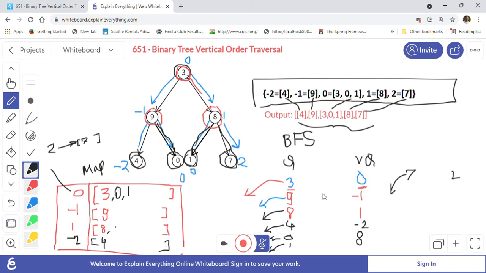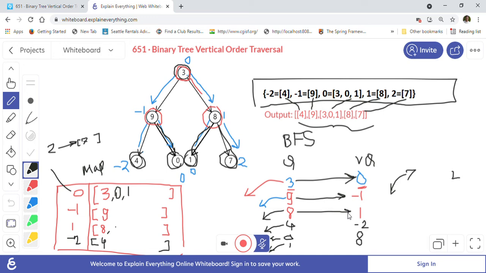We will need 2 queues and 1 map. In 1 queue we will hold the tree node values, like the 3 value we will add into this queue, and we will add the vertical ordering position 0 into the other queue, correspondingly. So 3 has a corresponding entry, 9 has a corresponding entry in the vertical queue, 8 has this entry in the vertical queue.